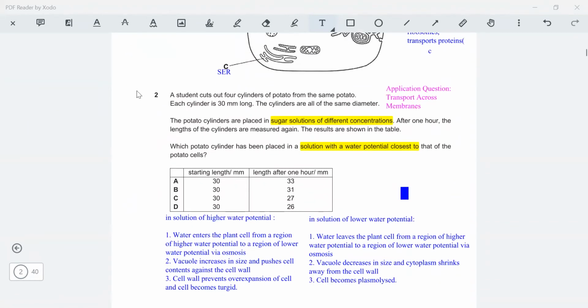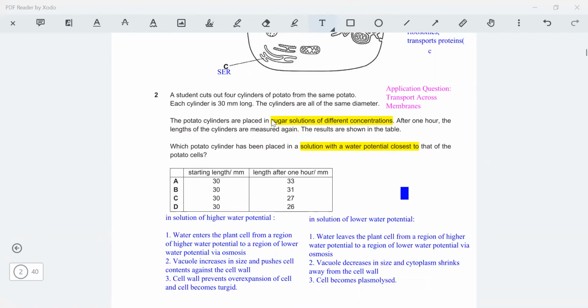Question 2. A student cuts out 4 cylinders of potato from the same potato. Each cylinder is 30 mm long, and the cylinders are all of the same diameter. The potato cylinders are placed in sugar solutions of different concentrations. After 1 hour, the lengths of the cylinders are measured again, and which potato cylinder has been placed in a solution with the water potential closest to that of the potato cells. So this is an application question of transport across membranes, and based on putting them in sugar solutions, this is an osmosis question. So